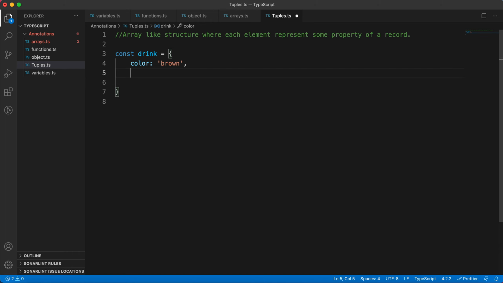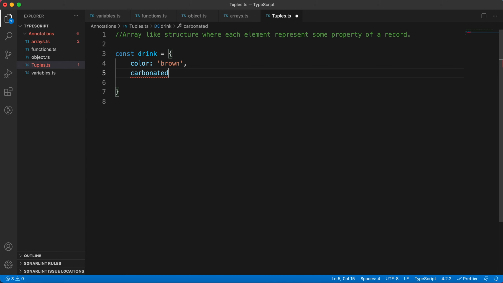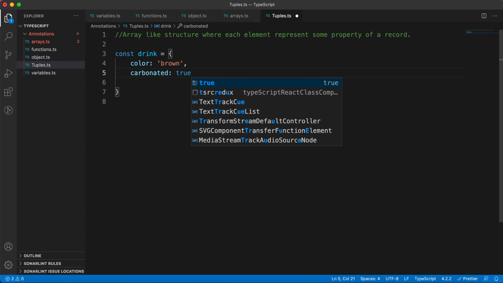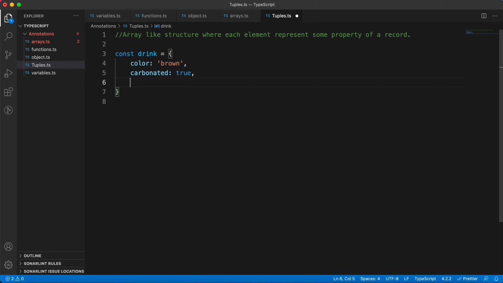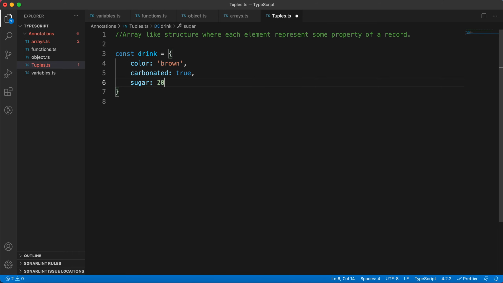Is it carbonated? True. And sugar quantity, so 20. So this object is basically a drink, and there are different properties in this, like what type of color this drink has, is it carbonated, and sugar quantity.